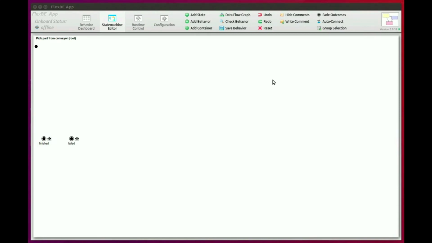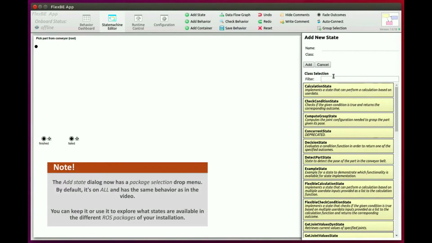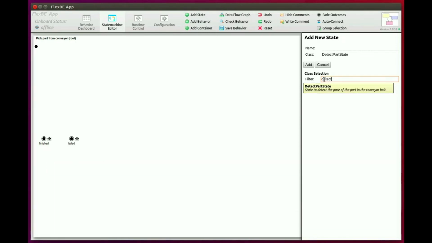First, we need to detect the pose of the part. So let's add a state that can do that. We go and click on Add State, and this dialog appears on the right. Here, we can select among all the state implementations available. So let's see if there is a state to detect parts. We can use the filter, I type detect,